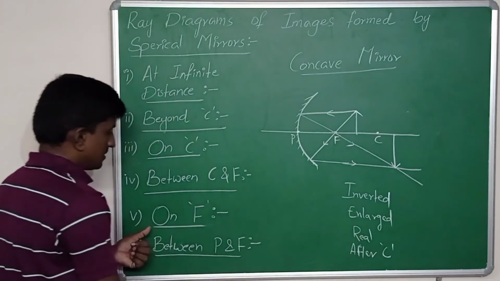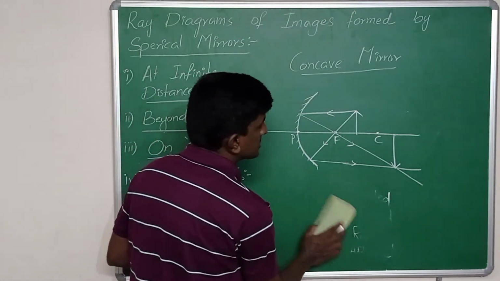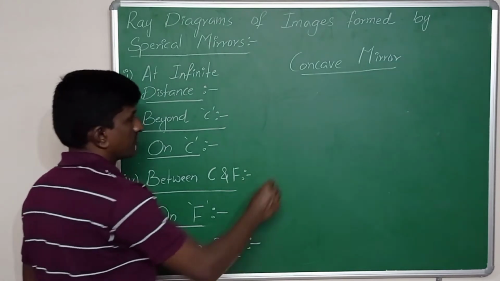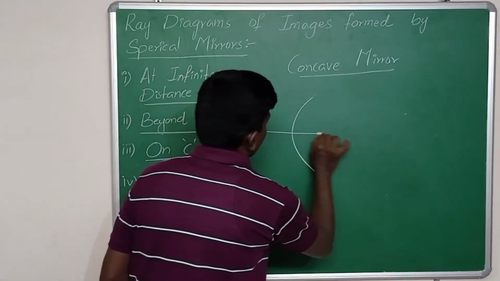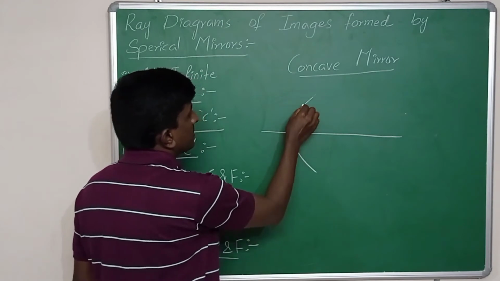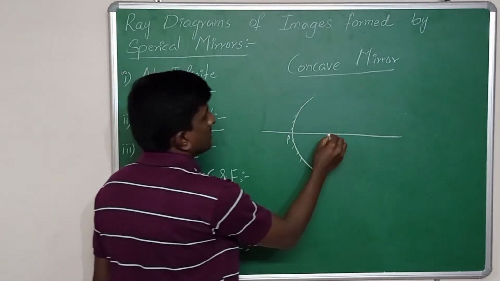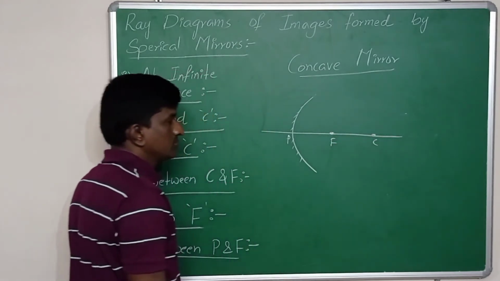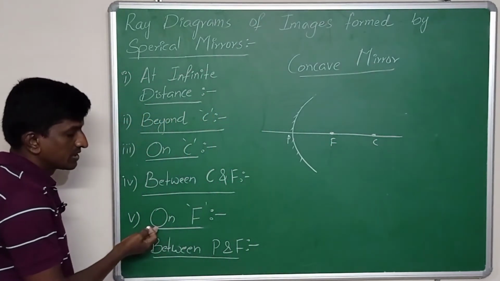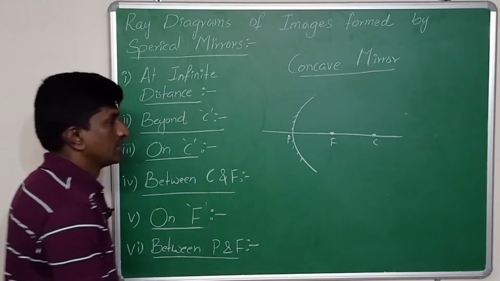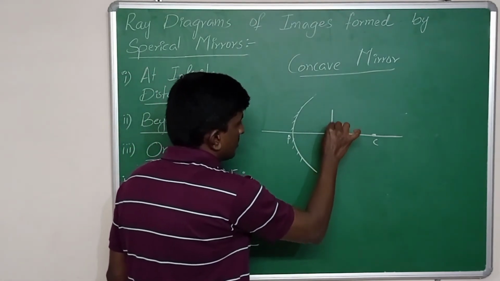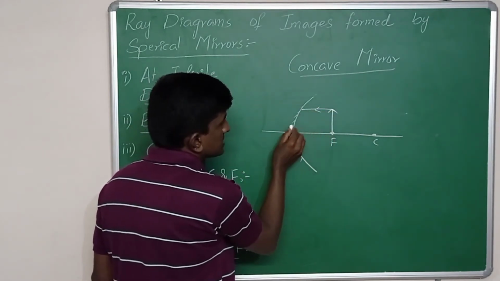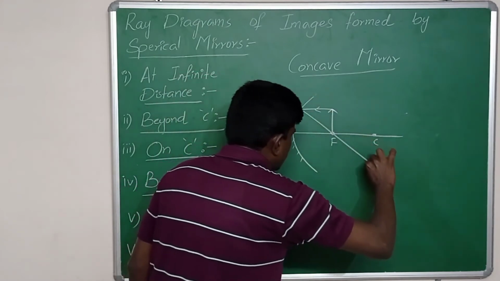And next, what happens if the object is placed on F? So here P, this is the mirror, and F, C. Now the ray diagram we are going to draw. The object is placed on F. Then what happens? The first light ray is parallel to the principal axis. After reflection, it passes through the